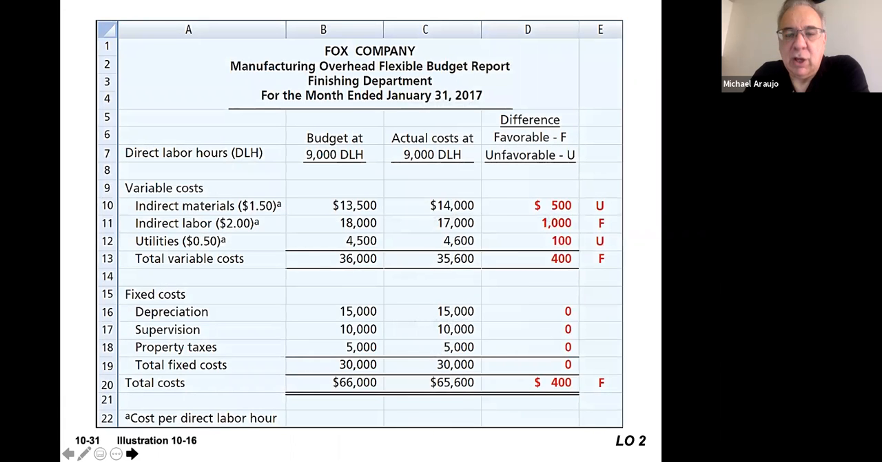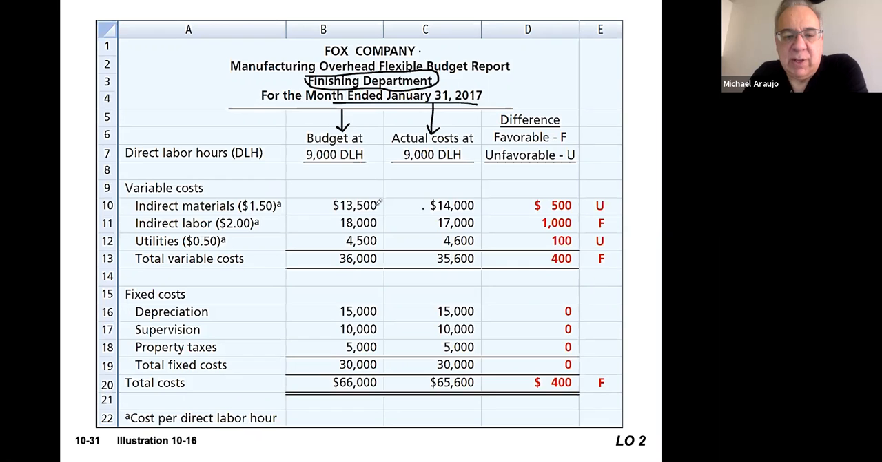Okay. So what if we look, and this is the finishing department of that company, Fox, that we've been looking at, right? So here is the budgeted amount of costs at 9,000 direct labor hours. Here are your variable costs, here are your fixed costs, 66,000 total. Well, when it actually came down, this is for January, when January was said and done, the actual costs came in, all right,